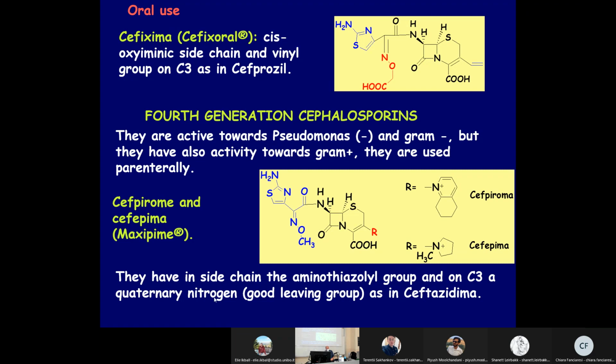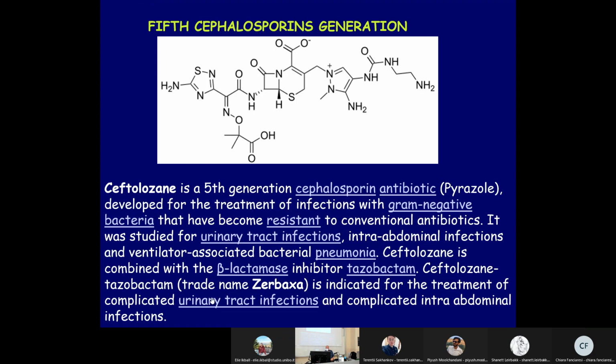There is a quaternary nitrogen as leaving group. And now, very recently, a cephalosporin of the fifth generation was introduced on the market, called ceftolozane. You see here the chemical structure. You see the backbone of the cephalosporin. You see the side chain is the same that we have already seen, with the oxime, with the aminothiazole, with